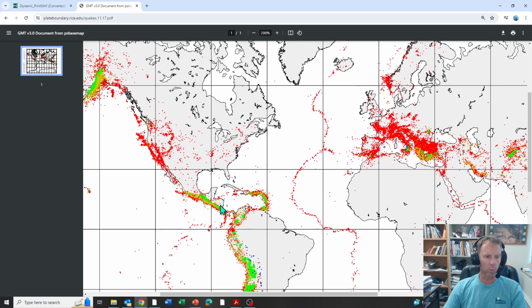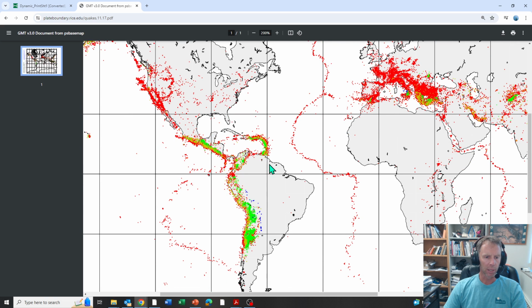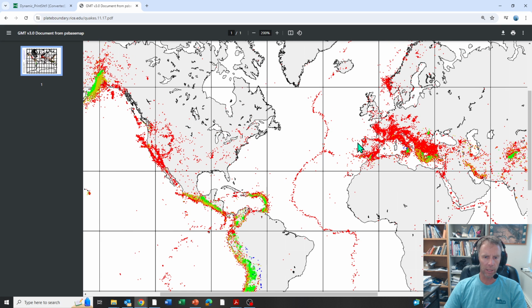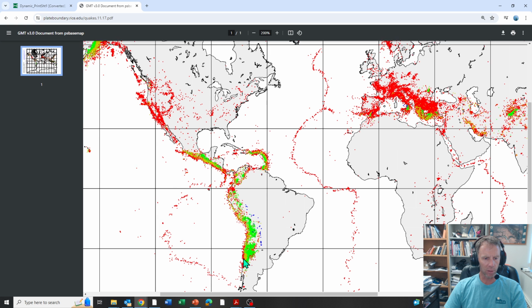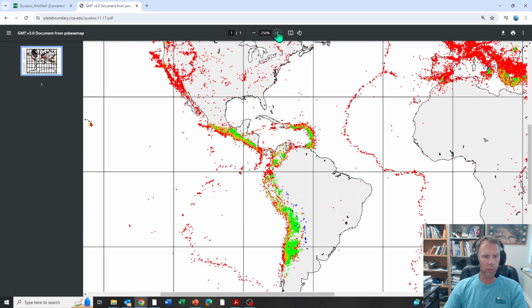On this map, the red earthquakes are shallow. The yellow earthquakes are a little bit deeper. Then it goes green, then blue. So notice over here, let's say in the divergent boundary that runs through the Atlantic Ocean, the earthquakes are only shallow, and that's something we learned from our last episode. But when we look at the subduction zones, like here in Central America or along the west coast of South America, notice you see a much more